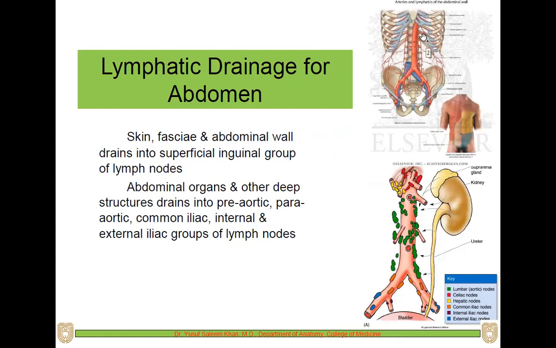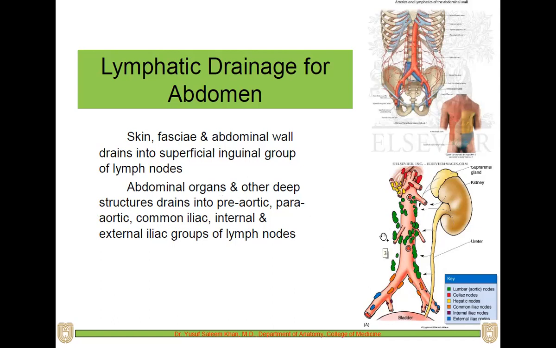There are groups of lymph nodes in front of the aorta. Whatever is in front of the aorta, these are called the pre-aortic group of lymph nodes. Those groups of lymph nodes which are on the sides of the aorta are called para-aortic. Para means beside, pre means in front. So they will be draining into the pre-aortic group of lymph nodes or into the para-aortic group of lymph nodes,